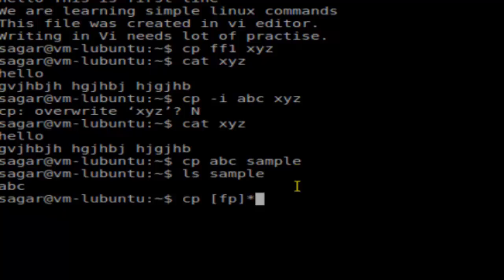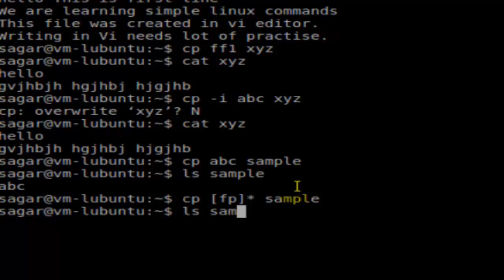It means that all the files that start with F or P should be copied to the directory sample, and then if you hit enter and see the sample directory contents, as you can see, the files ff1 and pq are